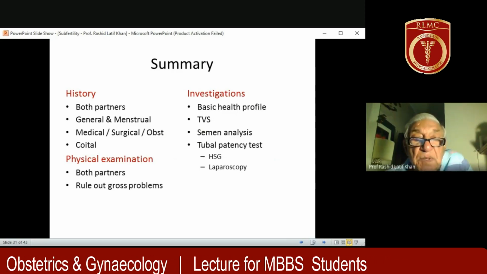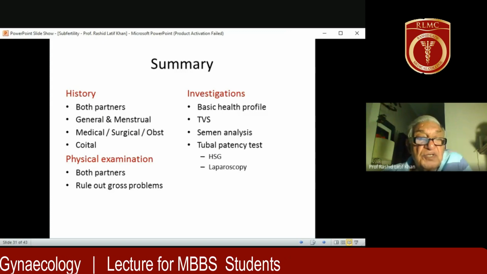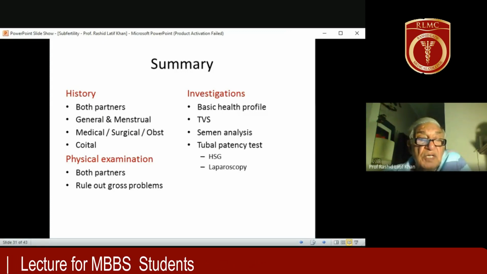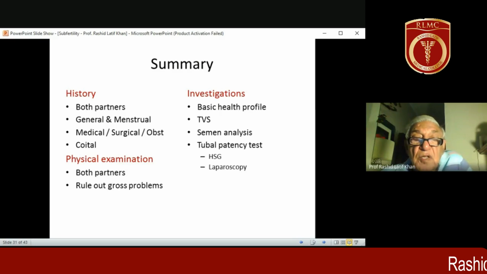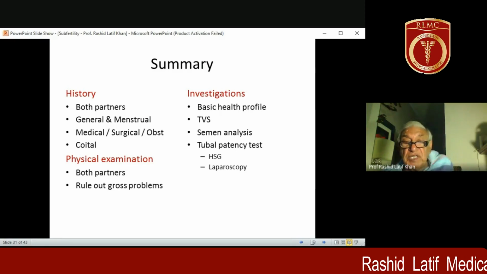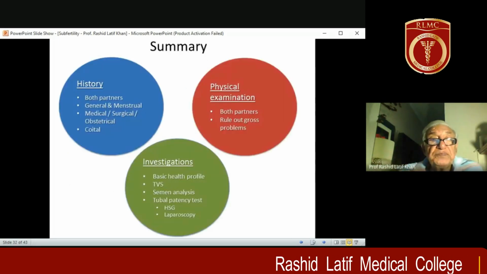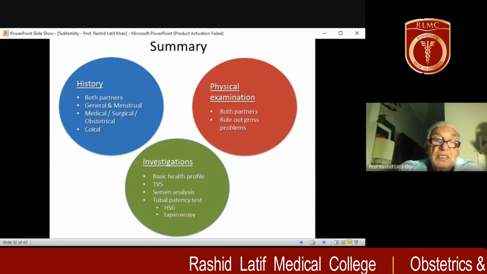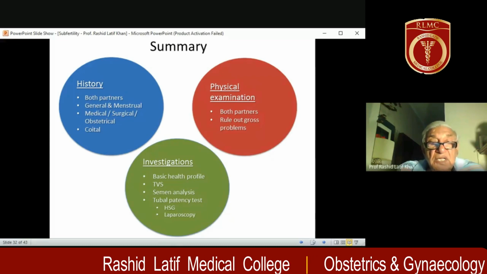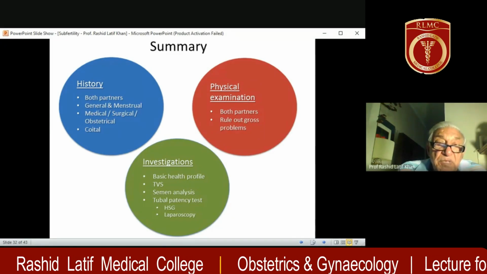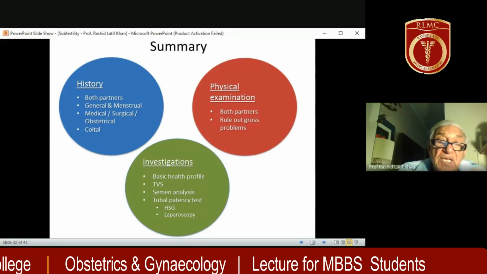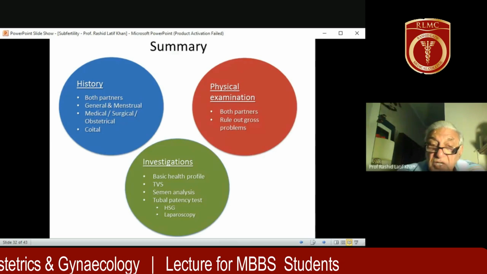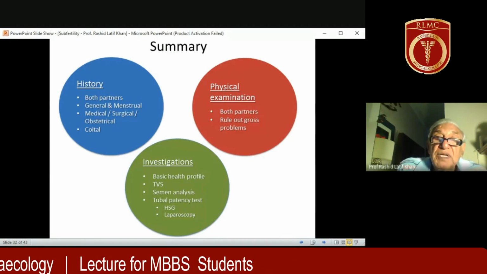So if I summarize, when a couple comes to you, we take the history of both partners, then we do a physical examination of both partners, and when necessary, do general investigations, semen analysis, and hormone assays for ovulation and tubal patency tests, either by HSG or laparoscopy. Remember this slide. This is again a summary in this form: history, physical examination, and investigation. If a patient comes to you, this is the minimum you will do in history, in physical examination, and the investigations which are required. So I finish here, but I must tell you